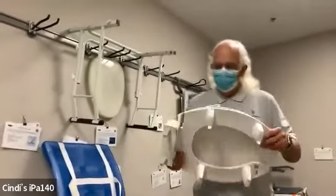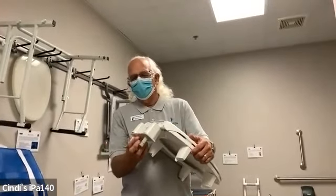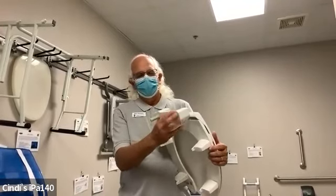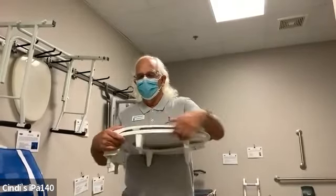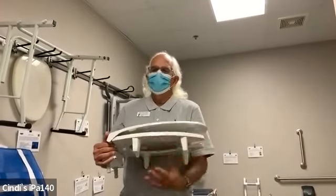This is the Bemis that Cindy was talking about. This is attached the same way as your regular toilet. So this would be the idea where you put that other unit in between and put your toilet seat back on. But this one, what this toilet seat does is, instead of the plastic